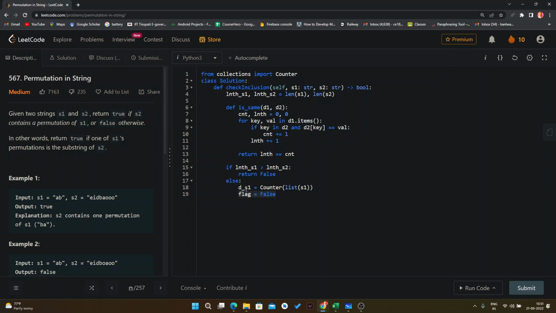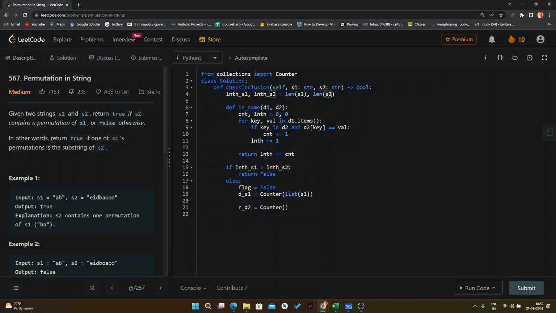So just simply write here this thing. Now here we have this thing. Now we have to find out the running dictionary of s2, which is equal to Counter of